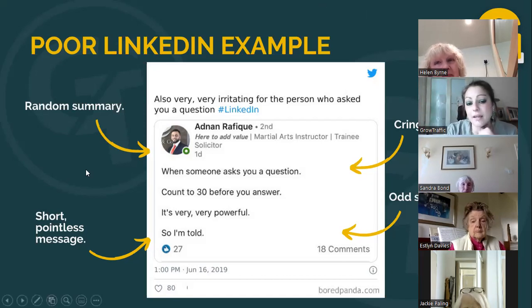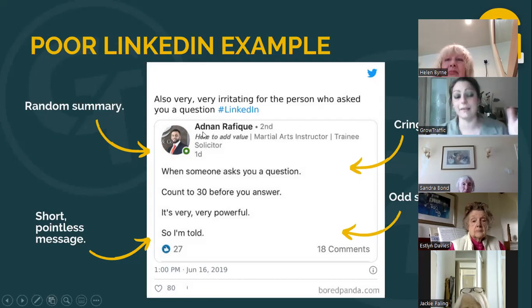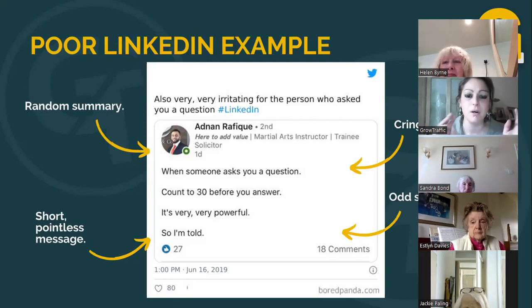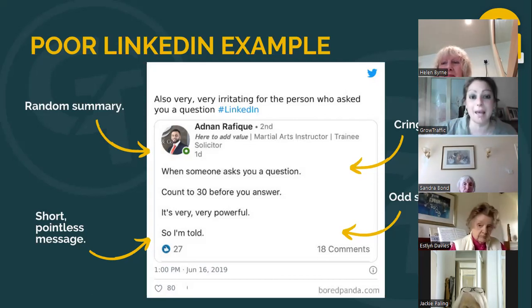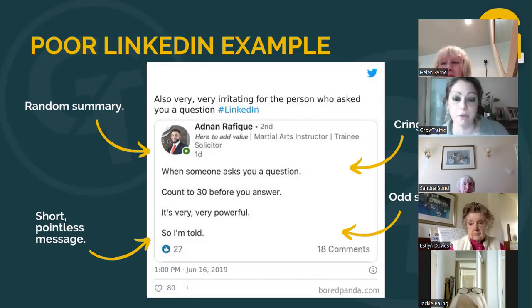But the other thing I think is important about your LinkedIn profile is make sure what you do and who you are and what you stand for fits onto one line. So people put, I mean, he's put as his summary about who he is, here to add value. What does that mean? What does he do? So on mine, I say I am an SEO expert and a Soroptimist. That's it. Really simple. Those are the 2 most important things to me. Make sure you say it really clearly.